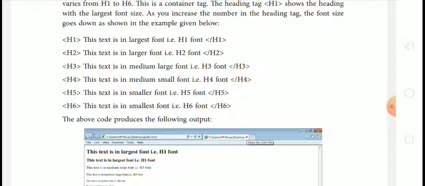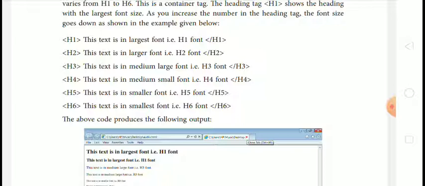So you can see the H1 tag and the text that is written, this text is in the largest font. Then we close the H1 tag. Come to the H2 tag. This text is in larger font. Then close the H2 tag. Next is the H3 tag. This text is in medium large font.